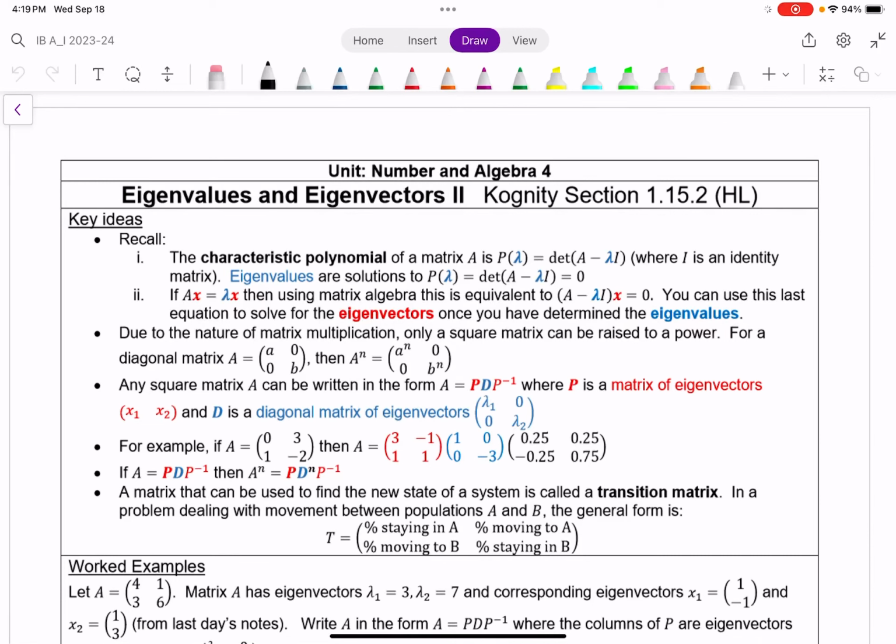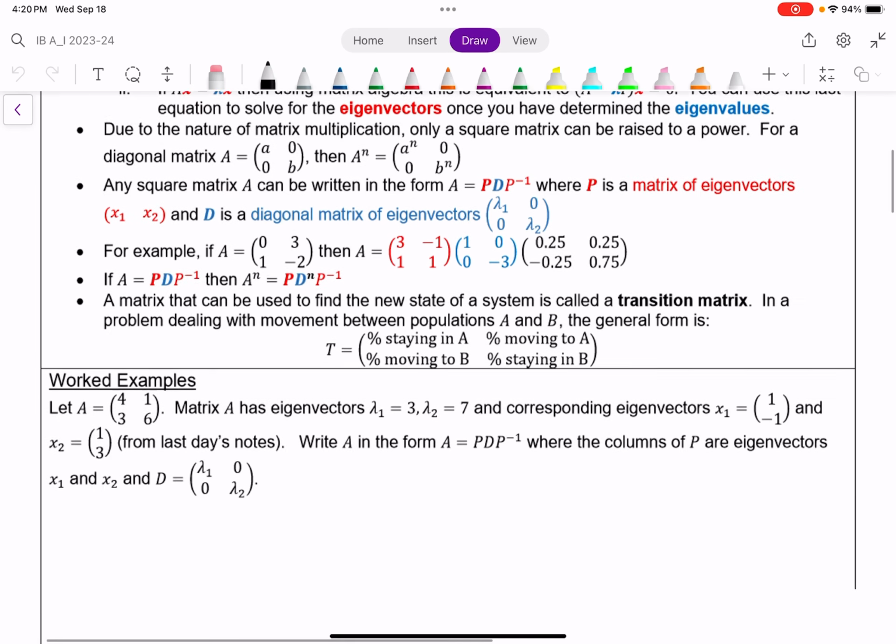All right, here we are for the final lesson in the number and algebra topic in this course. And this being the last lesson, expect it to be a bit of a challenging lesson to get through. And obviously none of this will make any sense if we haven't first looked into the previous lesson, which is introducing what an eigenvalue and an eigenvector is. So assuming that's down and you've had a chance to look at that and practice that, let's look at this